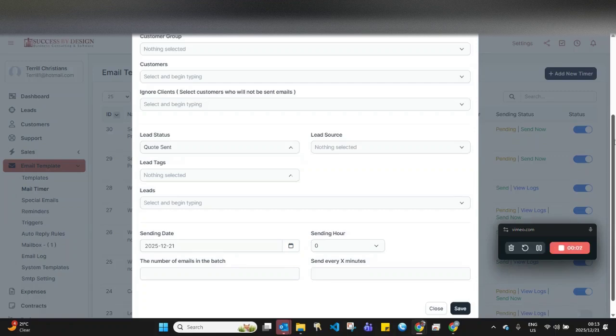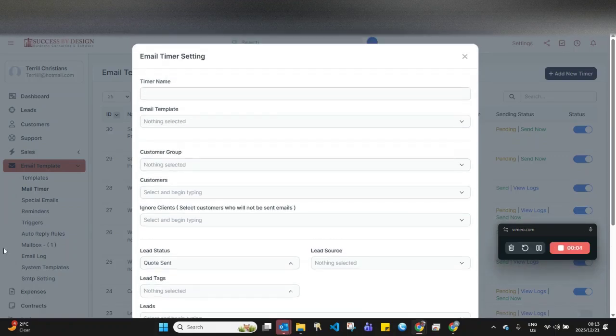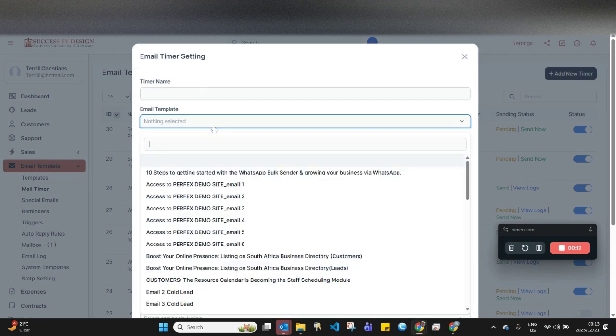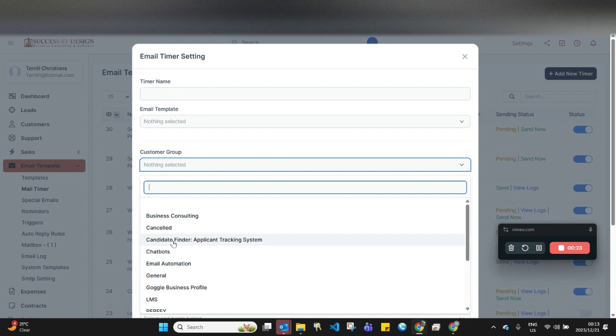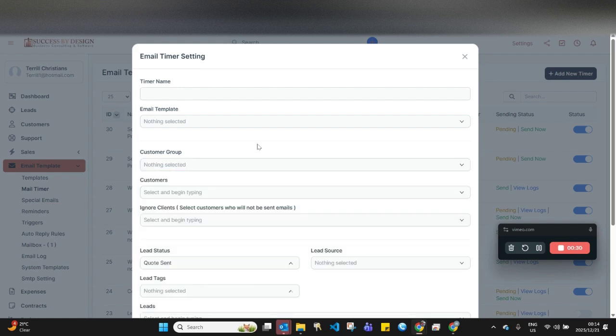Okay, so now let's talk about when you specifically use the mailing feature, setting up a mail timer and email timer settings. Like we've said before, you firstly select which template you're going to use, you give it a name, and then you can trigger based on a specific group of customers. So if you're grouping your customers according to what products they have bought from you, and you want to speak to a client that has had a specific service or product from you, then you select that